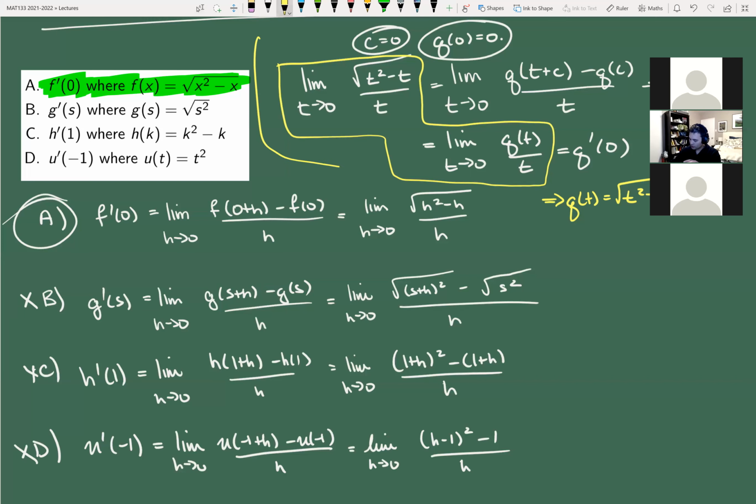This part at the top of the screen is a little bit tough. It takes a little bit of practice to do. This is definitely a good thing though. Have a friend make up a function, write down the definition of the derivative, and then hide the function and see if you can go back to it and cover it like that. That one definitely takes a little bit of practicing. But on the other hand, again, you could brute force this,